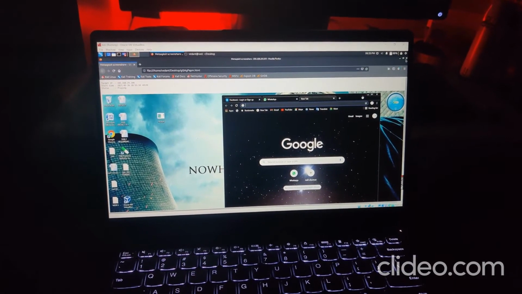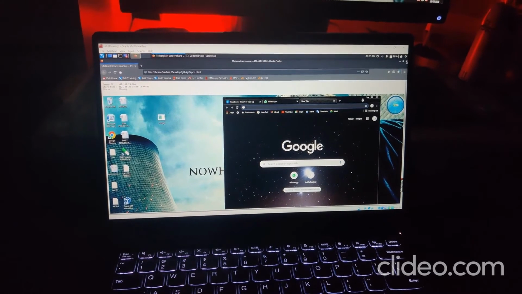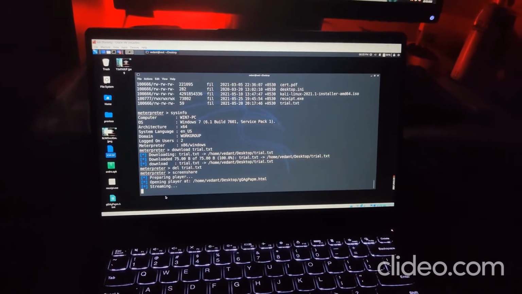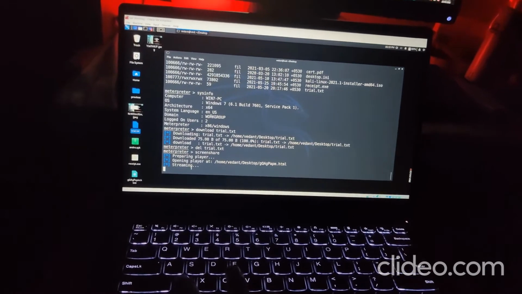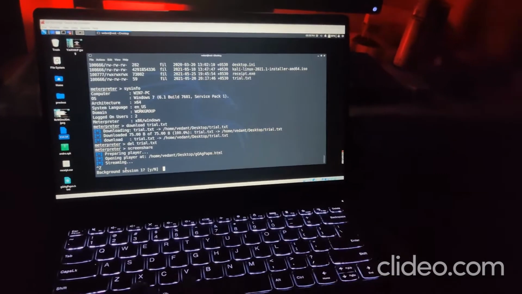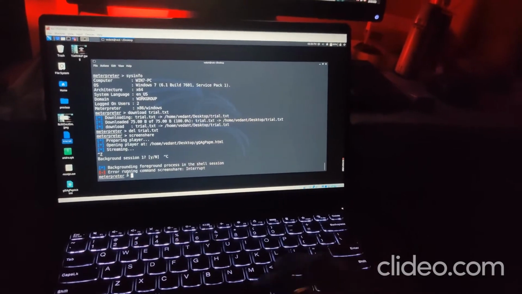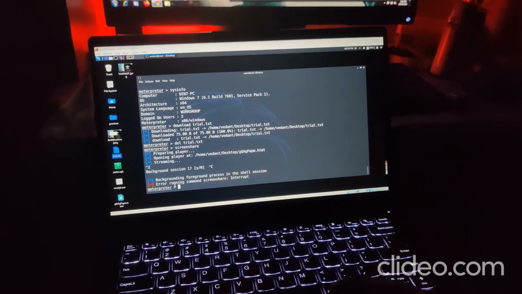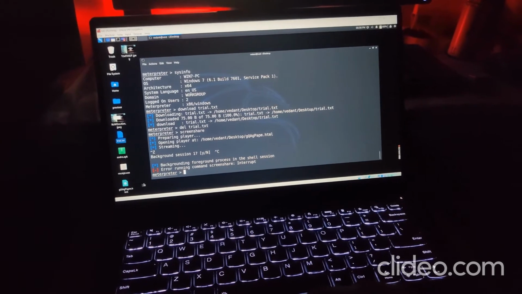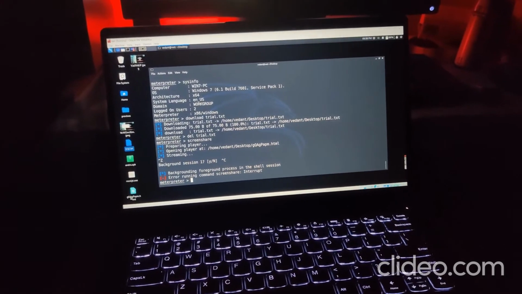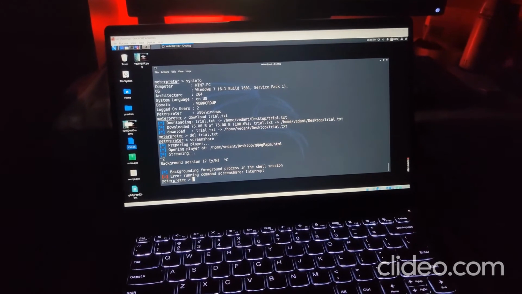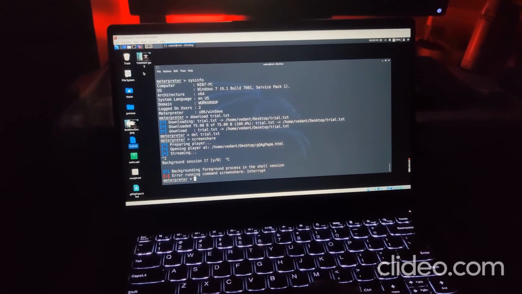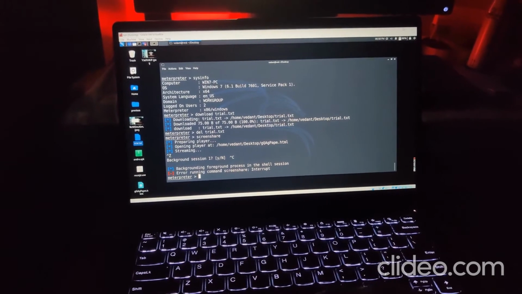I'm just going to close this one, and we'll just press Ctrl C so that it stops the screen share. Still, if we want to see what the screen share is showing, we can just click on this icon to see the previously recorded screen, or to continue watching the screen share.